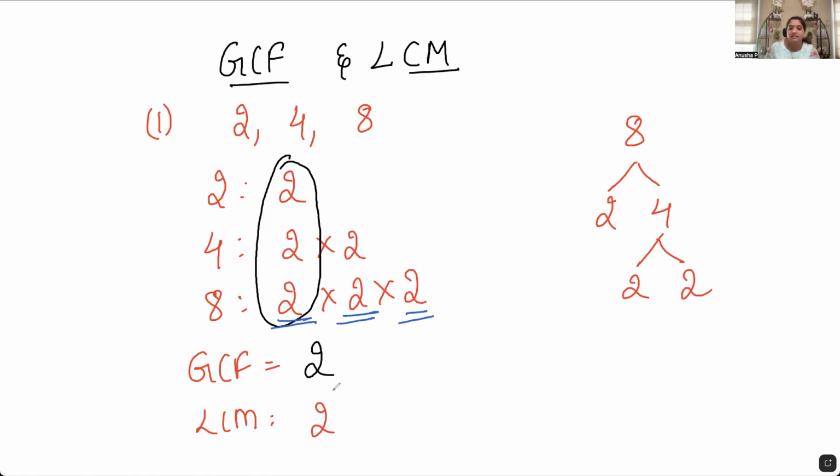So we will write LCM as 2 to the power of 3. Okay, because in the 8 we got 2 three times, we are writing LCM as 2 to the power of 3, or 2 times 2 times 2, which is 8. Okay,